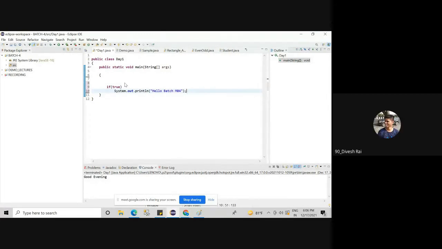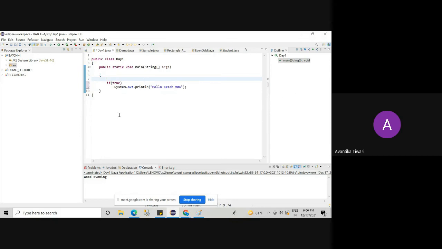Yes, ma'am. So I told you that the else part is optional. So I am not writing the else part. Okay, so the compiler will say, okay, that is allowed for you. You can write if, and if you don't write else also, that is fine with me. So no error from the else part.